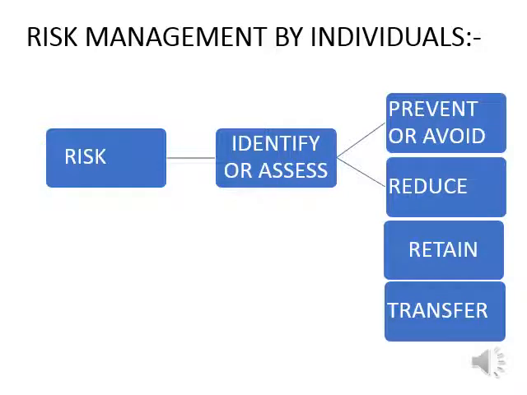So what we have seen is that there are various types of risk, and we should try to identify the risk and assess the risk. What is assessment of risk? If at all it takes place, what is going to be the financial effect of that particular peril which is operative? I am trying to find out. I am quantifying the risk in terms of money. Now once I know this is my risk, then I will prevent the risk and I will try to avoid the risk.